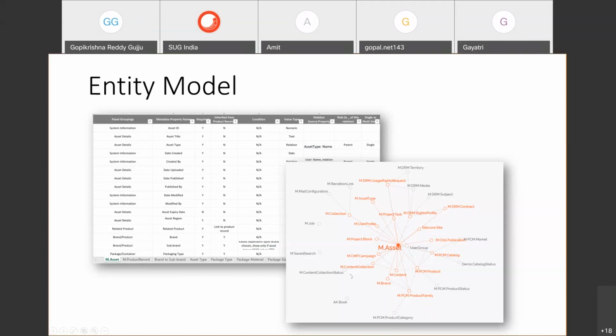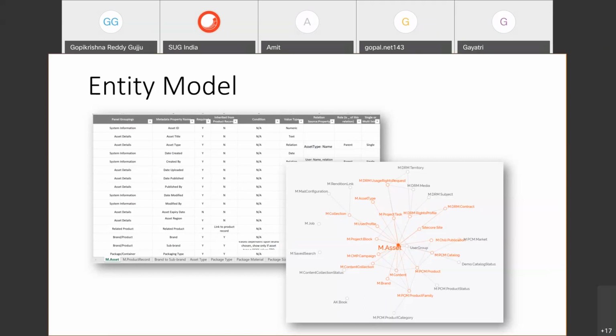This is the entity manager. Inside Content Hub, all the pre-built, predefined entities start with M dot. That's the marketing Content Hub term, so they keep using that prefix. If we are going to define our own custom entities for our business use cases, we would always go with our client's prefix, maybe the name prefix. If I'm working for AKQA, maybe I would put, as a sample, AK dot, so that it is easy for us to identify which entities are custom defined and which are pre-built from the system.